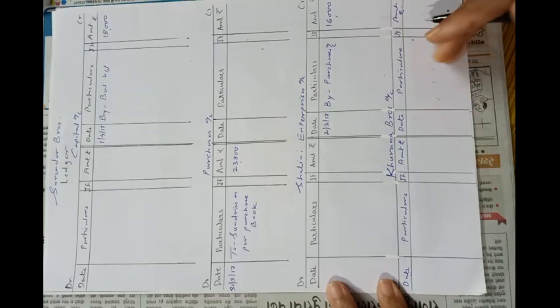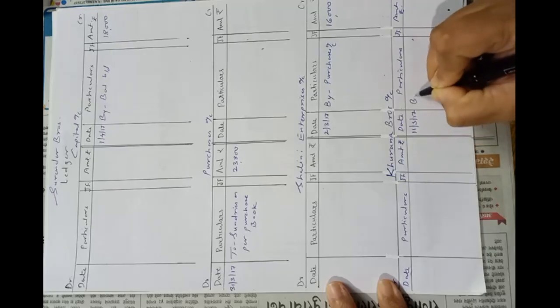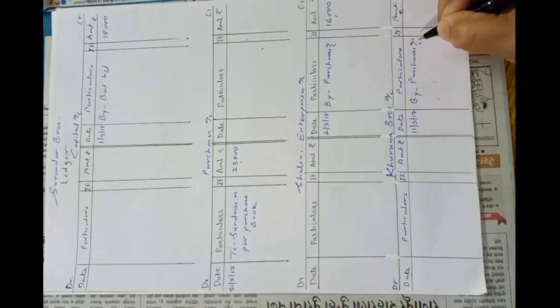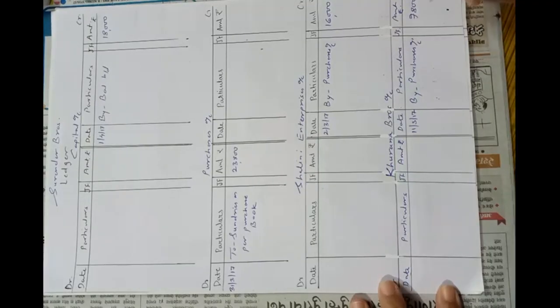So credit side of Khurana Brothers account on 11th March 17, by purchases account, and Khurana Brothers amount is 7,800. Okay,